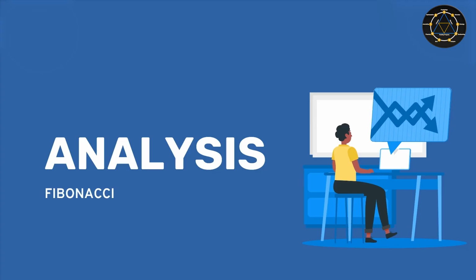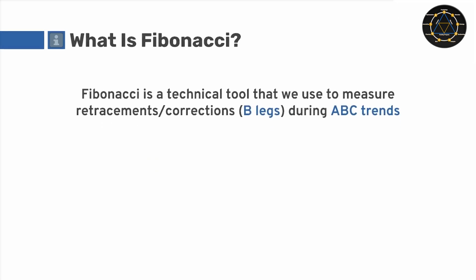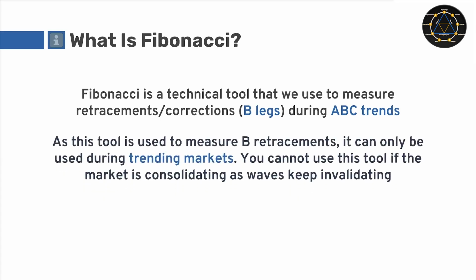So let's get started and look at what the Fibonacci is based on markets, and not necessarily the sequence that you may have learned in school. The Fibonacci is a technical tool that we can use to measure the size of the retracements, corrections, pullbacks, also known as B legs, during ABC trends. The fact that it's only during ABC trends gives you a hint that you cannot use this during consolidating or ranging markets. It's a tool that we use during trending markets to measure the size of the pullbacks